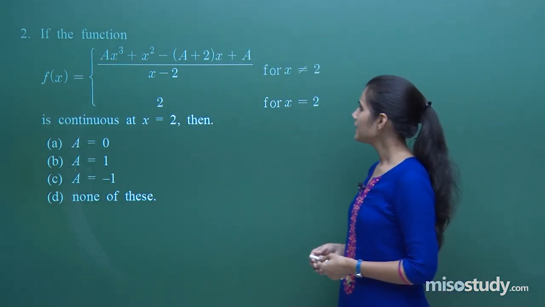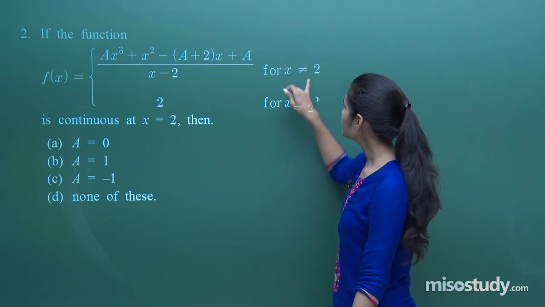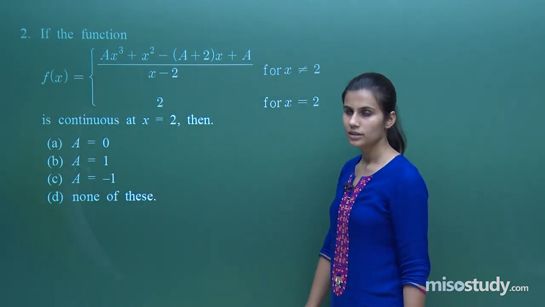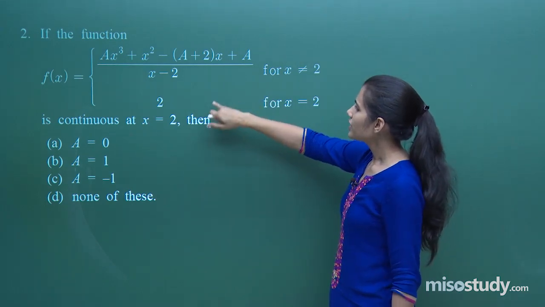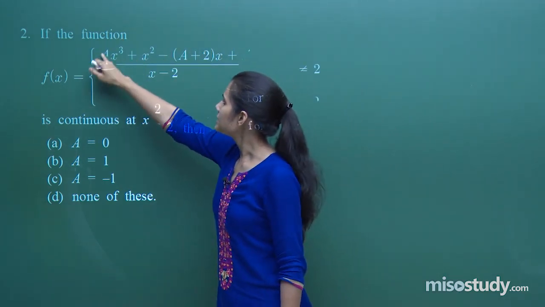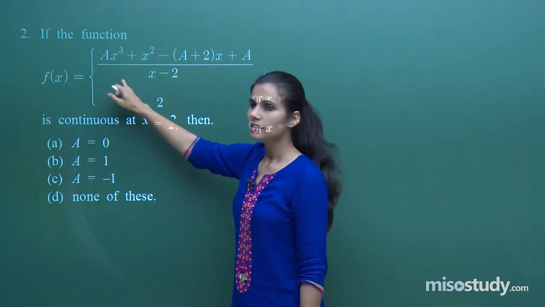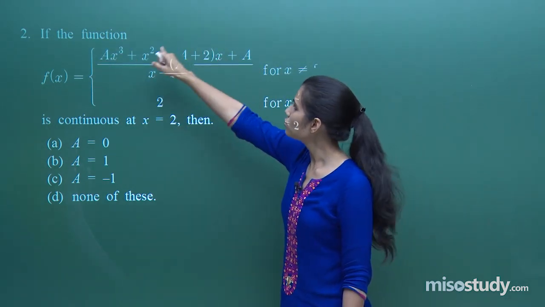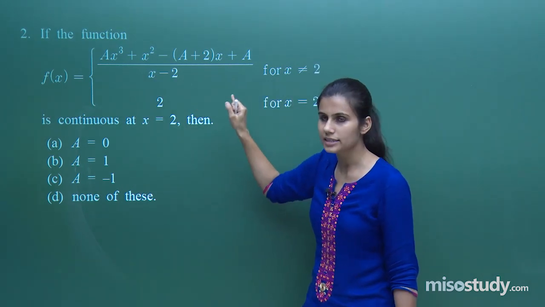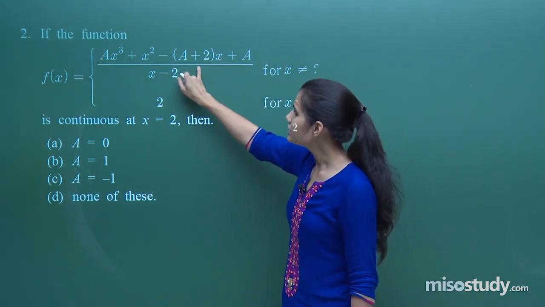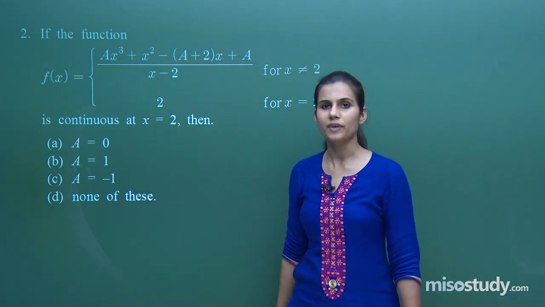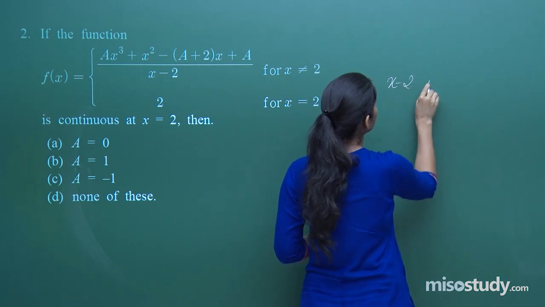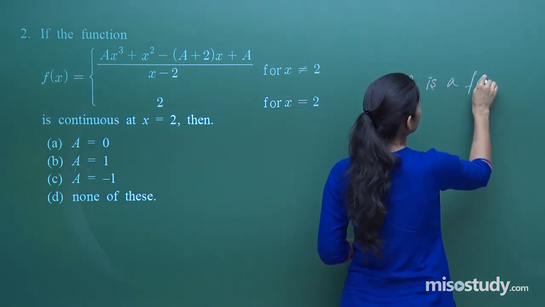Now the moment I am saying this is continuous at x equals 2, that means limit x tends to 2, f of x is equal to f of 2. That means this limit is existing, right? For this limit to exist, this particular expression's limit is existing as x approaches 2. For this to exist, definitely x minus 2 should be a factor of the numerator, right? X minus 2 is a factor